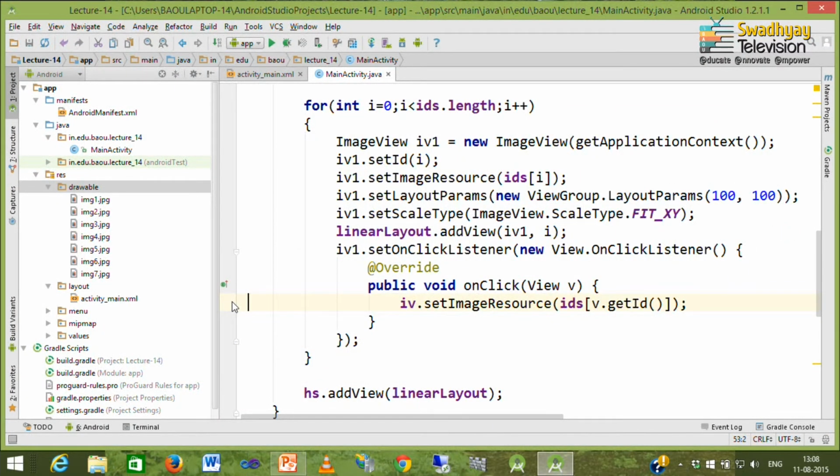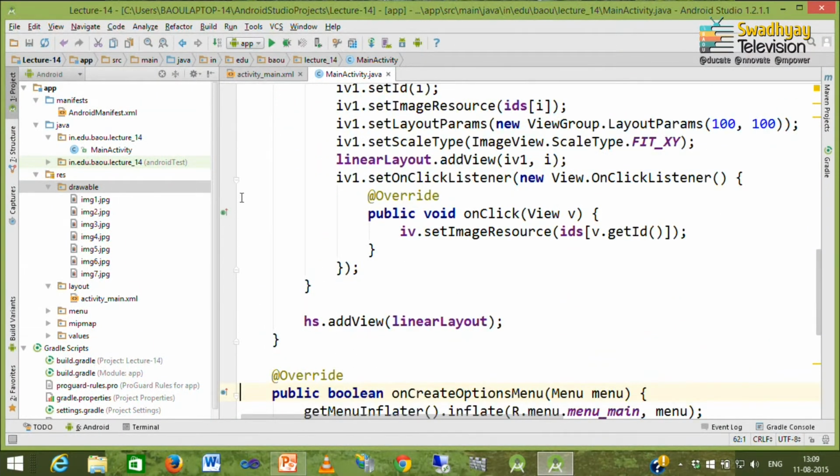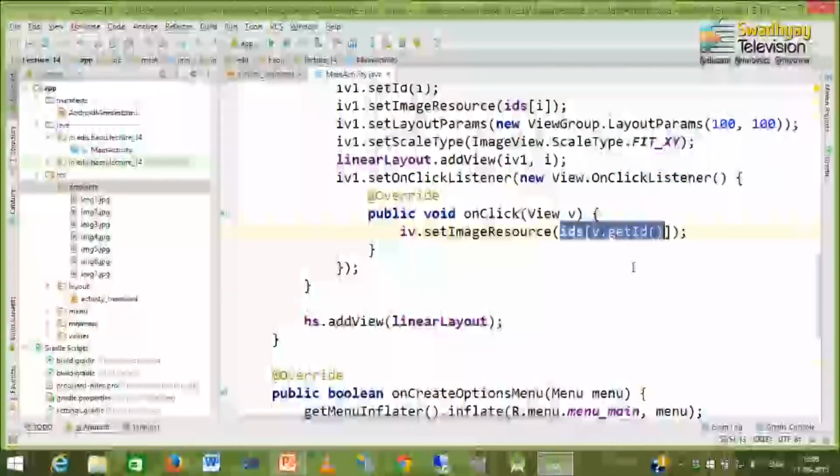Inside on click I write down iv. Now, remember this iv1 is the dynamically created image view, and iv refers to our image view created at design time. We want to set the image view image which is provided by the dynamically created image view.